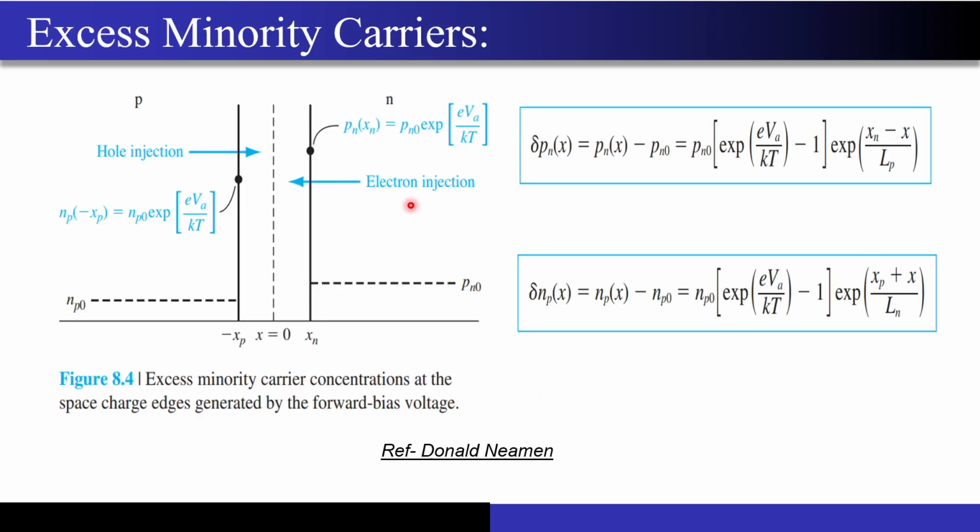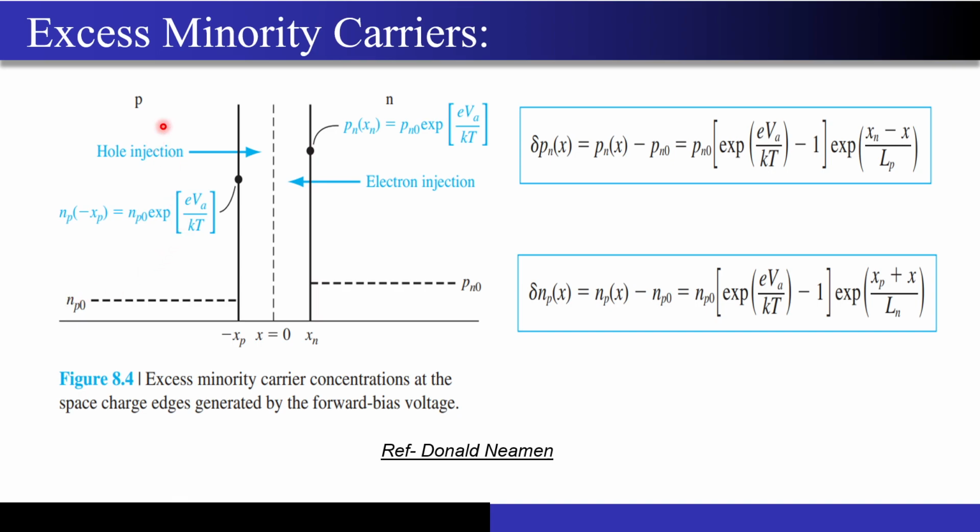Now how did we quantify? We said, so how much proportion was it? We had this equilibrium concentration of holes on the n side, and these are the minority carriers. Why are these minority carriers? Because this is the n side and I am measuring the concentration of holes on the n side. Similarly over here I have a p side, and on the p side I am measuring the concentration of electrons. So this is a minority carrier concentration, right?